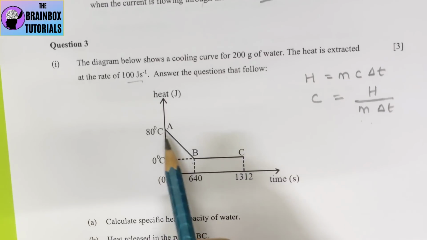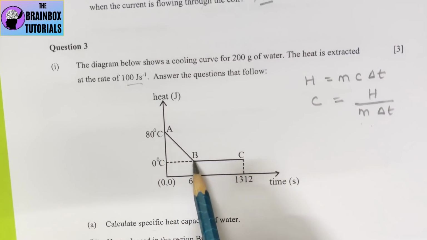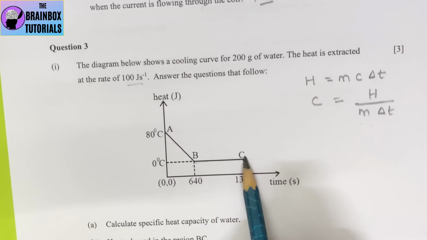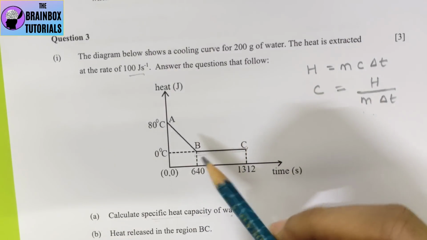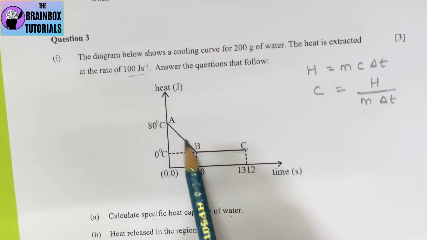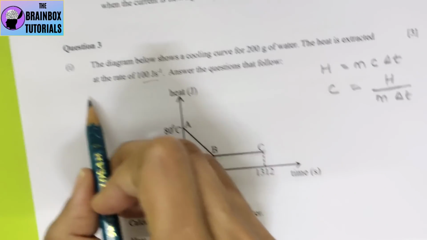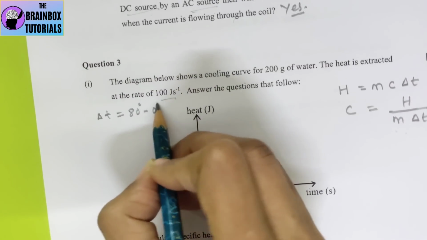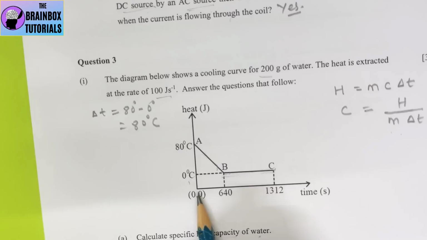So here in the graph, see, from A to B the temperature is decreasing, and from B to C the temperature remains constant. That means here the water is converted into ice, so this is change of phase. Because specific heat capacity of water is needed, we will only calculate the heat generated from A to B. So change in temperature is from 80 to 0. That means change in temperature is equal to 80 degrees centigrade minus 0 degree, that is 80 degrees centigrade. Mass is given 200 gram, and now the heat generated